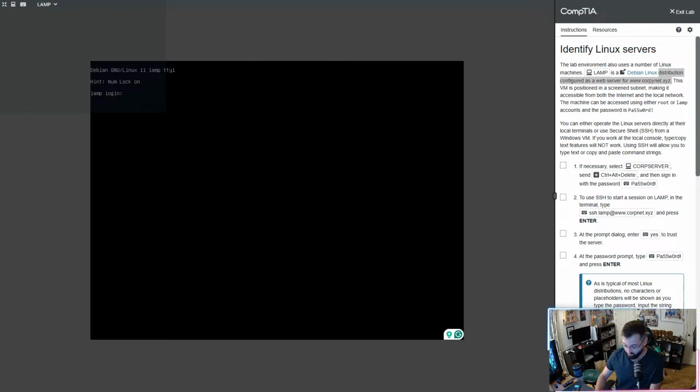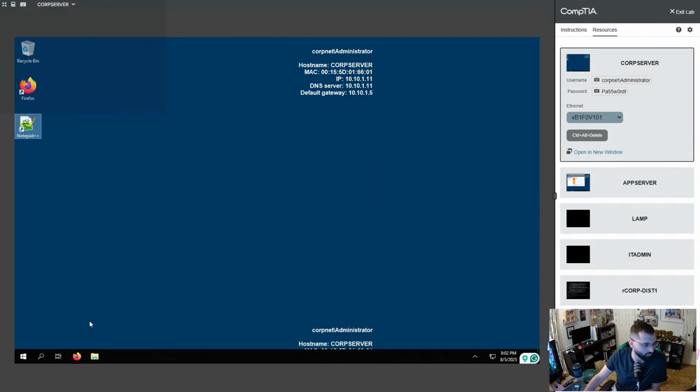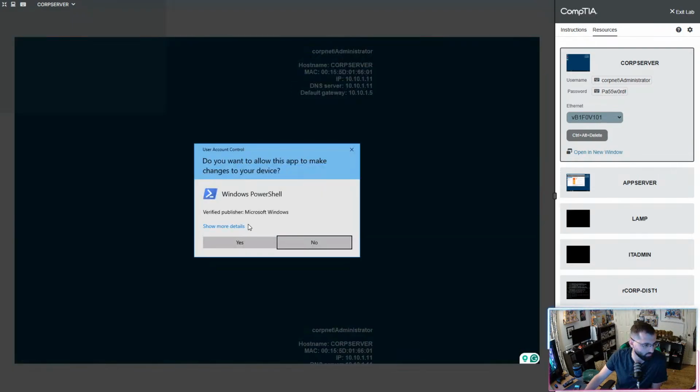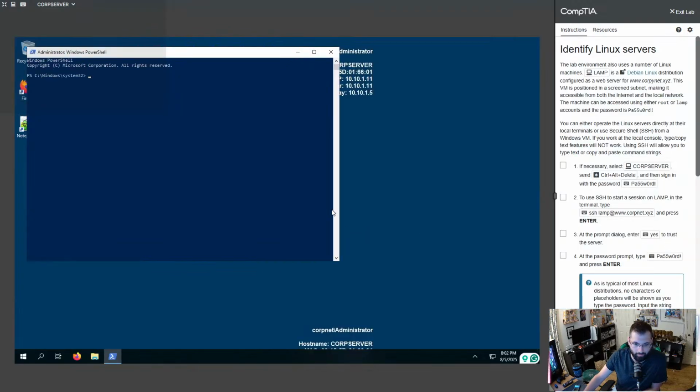Hint number lock on. How is that a hint? Okay, so he really wants me to go back here and use this command and hit enter. So let's go back to the corp server. Okay, let's see. I can do this. So it should be